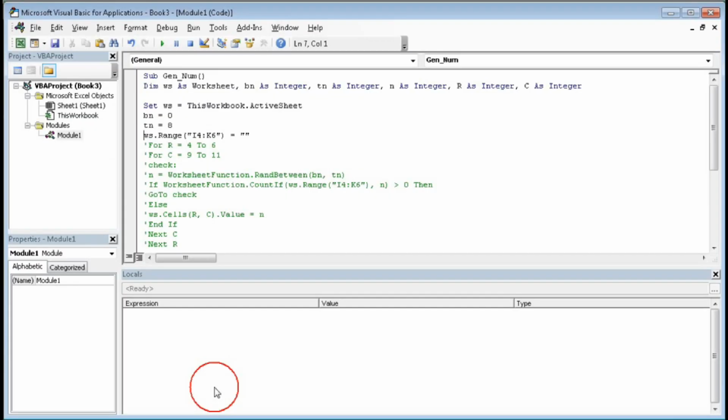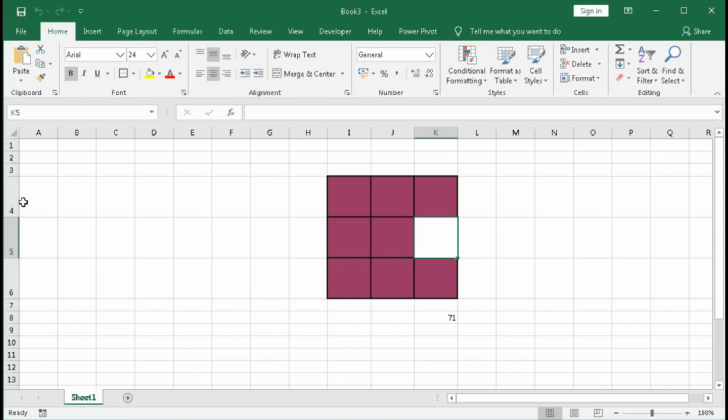And here, for r equal to 4 to 6 and c equal to 9 to 11, that is column number and row number. Our column number starts from 9 to 11 and row from 4 to 6. You can see here rows 4, 5, 6, and here columns 1, 2, 3, 4, 5, 6, 7, 8, 9.